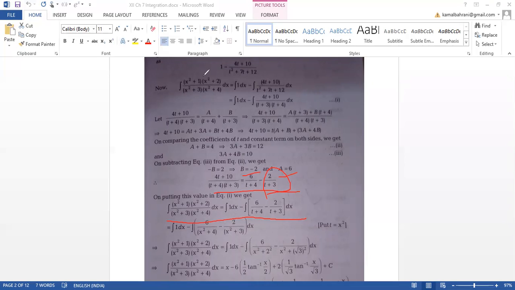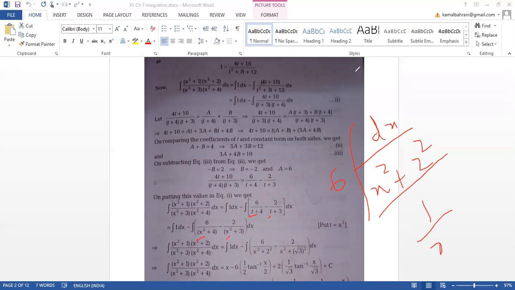Now you substitute the value of t, because we cannot integrate this in this form. Here we have dx, here we have t. Instead, you change it into dt, or you substitute t as x square again. So we will substitute t as x square here. Instead of t, we will have x square plus 4 and x square plus 3. Now you know the formula. x square plus 4 can be written as 2 square. The 6 can be taken outside the integration, so 6 dx upon x square plus 2 square. This is the formula of what?